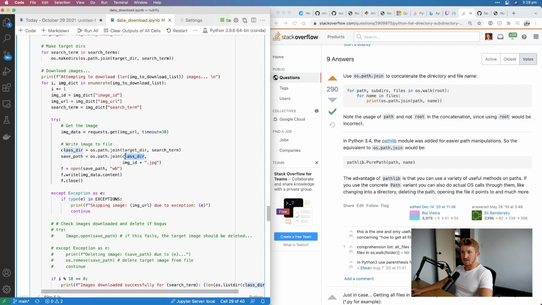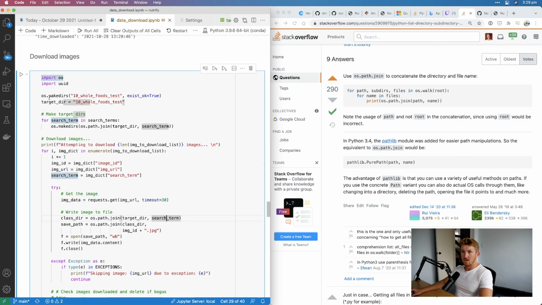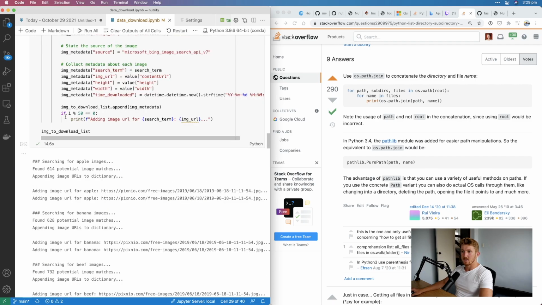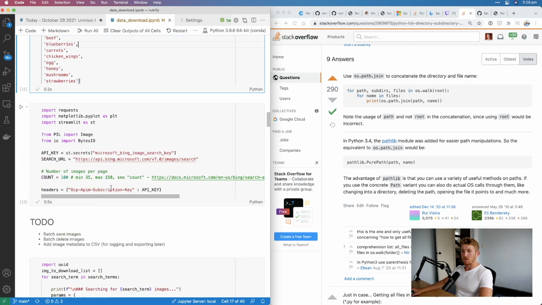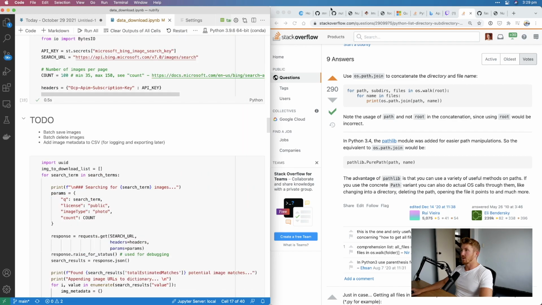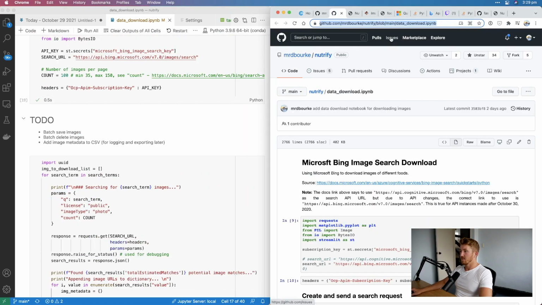Save path creates a path to save it in the class directory. And the class directory is the target directory and the search term. The target directory is this, 10 Whole Foods test, and the search term is one of these values here. So it creates a path based on the specific class of image that we're looking for. All this code's on GitHub, by the way. If you go into here,